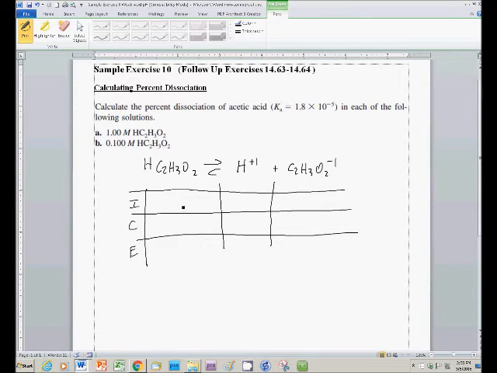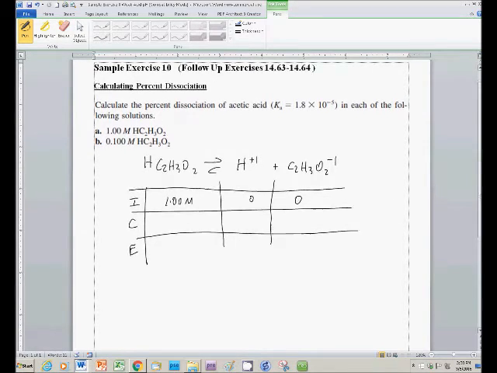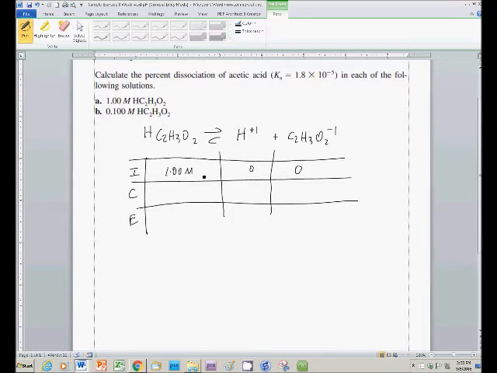The first problem gives us a 1 molar solution of acetic acid, assuming no previous hydrogen ion or acetate here,